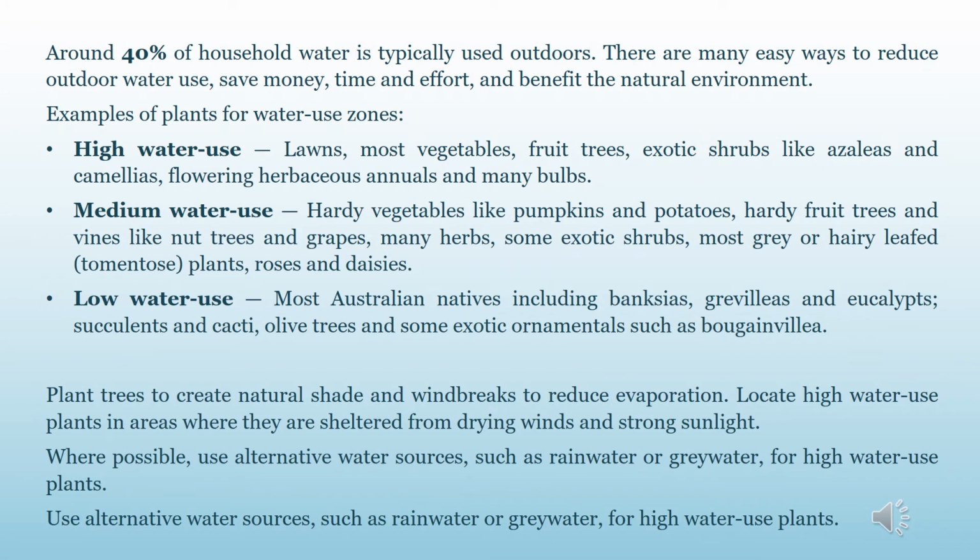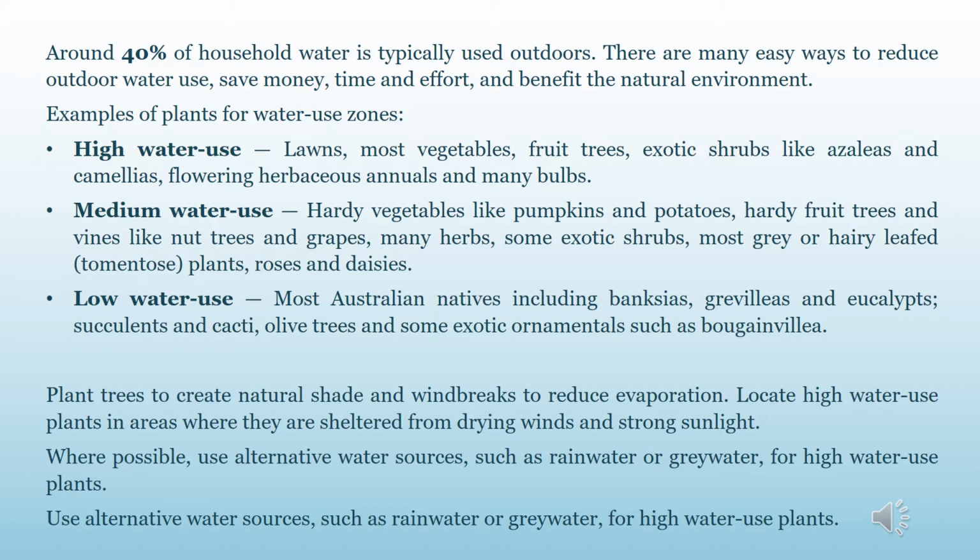Easy ways to reduce outdoor water use, save money, time and effort, and benefit the natural environment. These are the examples of water use zones. First, high water use: lawns, most vegetables, fruit trees, exotic shrubs like azaleas and camellias, flowering hibiscus, annuals, and many